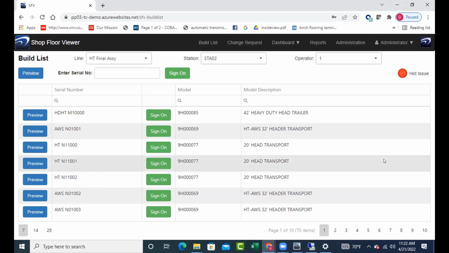Right, and the feature that's in discussion today is called change request. So how do I get the change requested by the operator on the floor back into the authoring tool, which is assembly planner, so that everyone is made aware of it? There's a workflow to it. People can fix it, update work instruction, push it back again, so that these kind of issues are covered on the line.